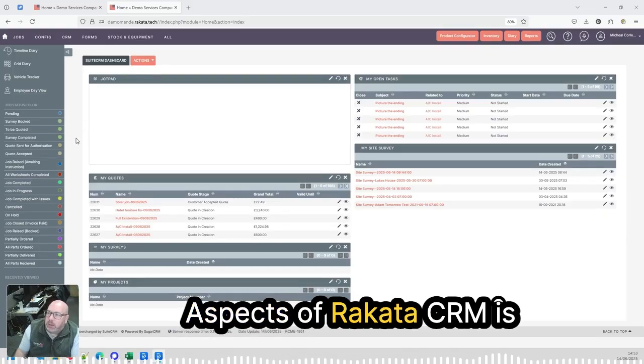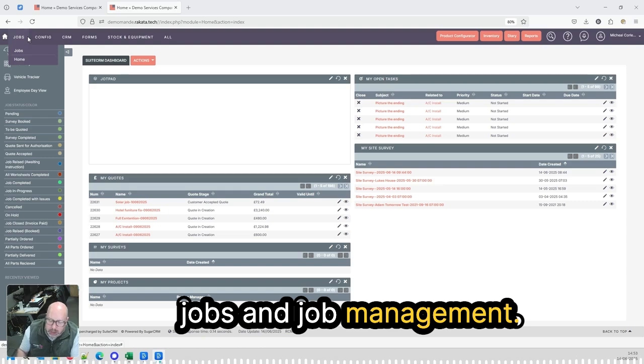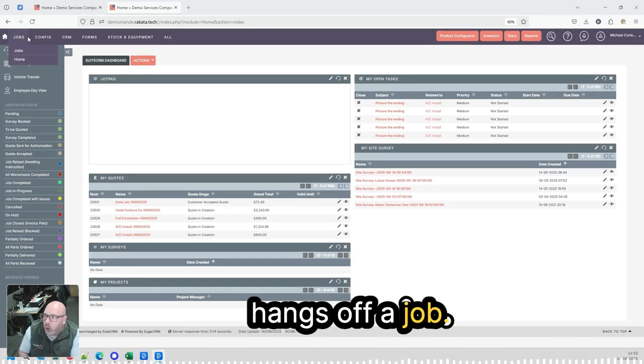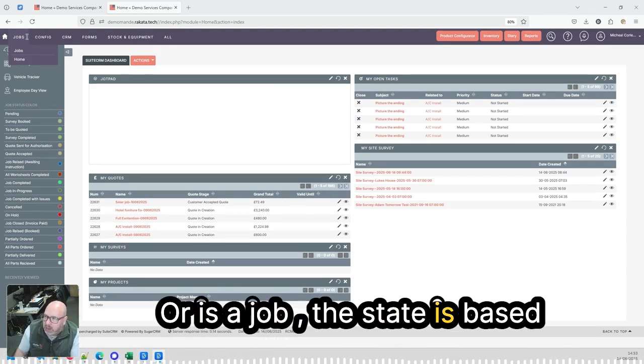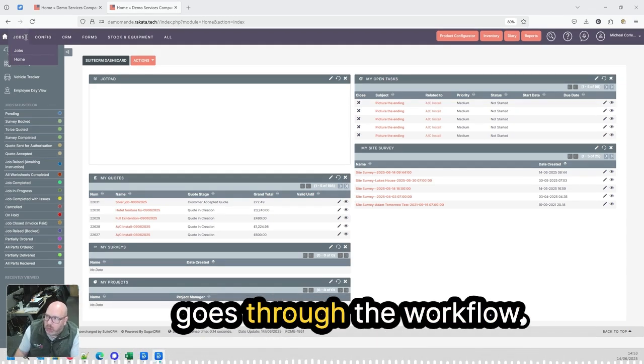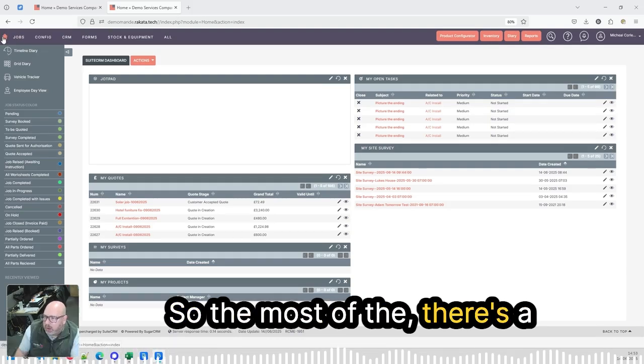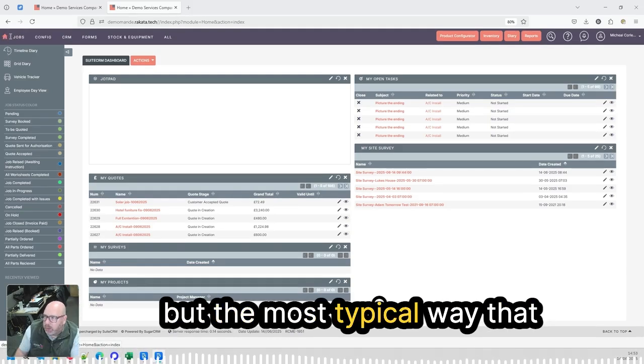Key aspects of Rakata CRM are jobs and job management. Essentially, everything hangs off a job, or is a job. The state is based on a job status, as it goes through the workflow. There are a number of ways to get to jobs, but the most typical way is that you will go